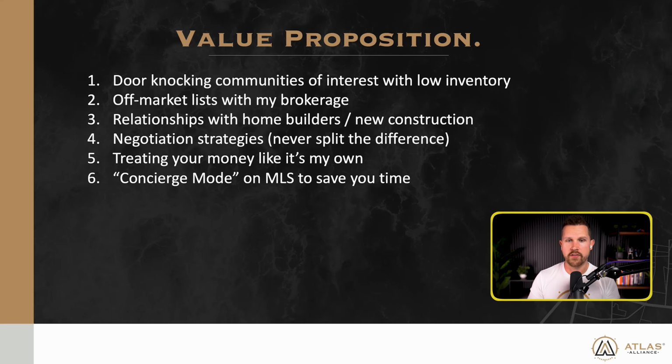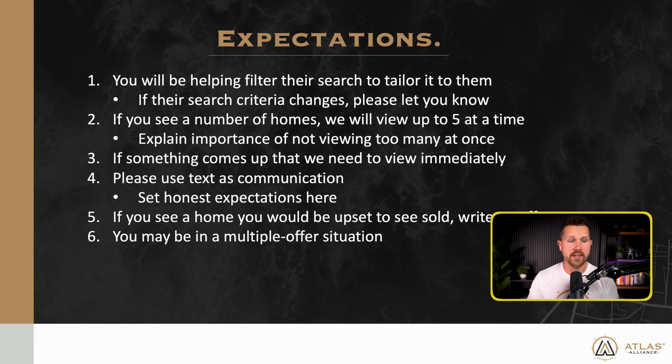Now, lastly, before we get into the next steps, it's really important to set expectations, and then we'll talk about the timeline. And this is how I worked with so many buyers, but never had to show more than 10 homes to get a buyer to write an offer,